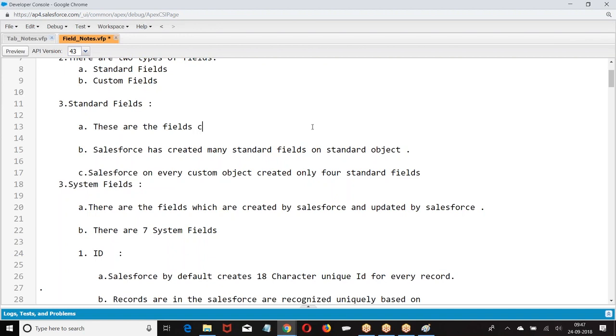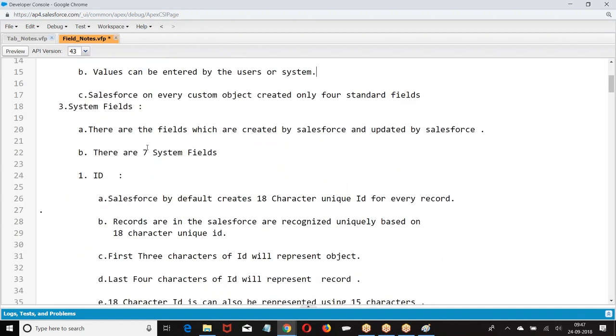These fields are created by Salesforce. Values can be entered by the user or system.